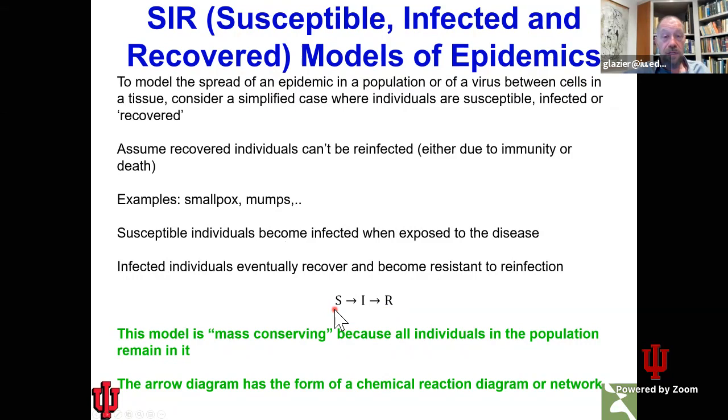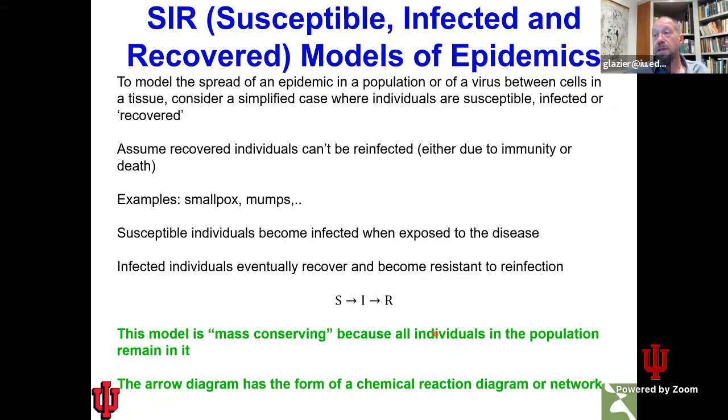You can't go from being susceptible to resistant immediately because it requires being infected to do that. You can't go backwards from infected to susceptible, at least in this model. And in this model, once you're resistant, you stay resistant. There are what are called SIRS models, where the resistant individuals lose resistance after a while. That would correspond to your immune system gradually fading away, your resistance fading away,